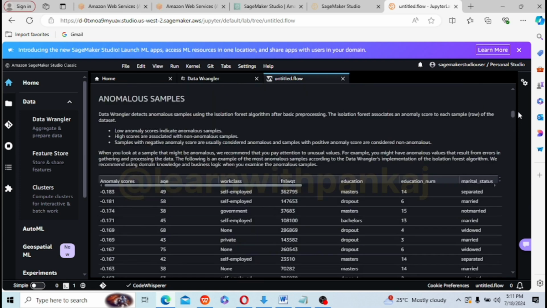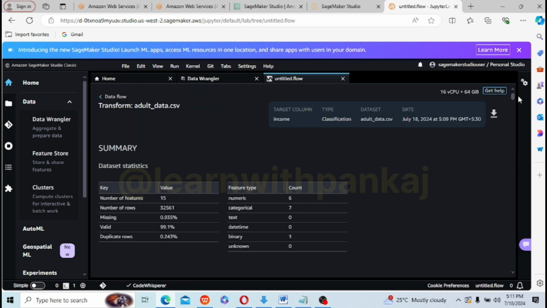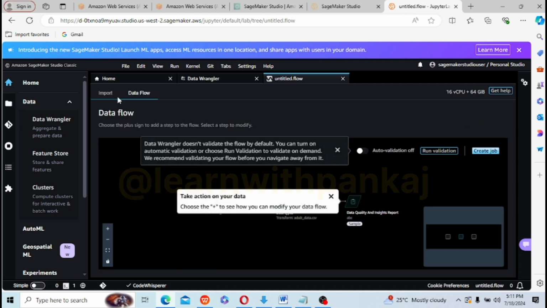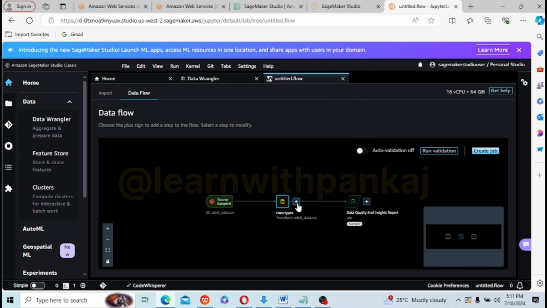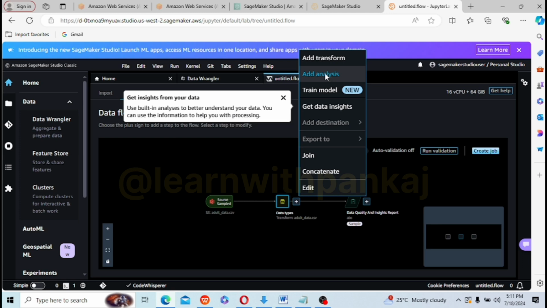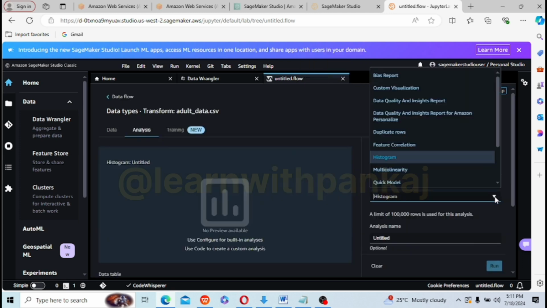So we have done the initial analysis, right? We will also try to find the target leakage. Go to data flow. Once you go to data flow, click on data type and go to add analysis. What we want to do is find the target leakage.